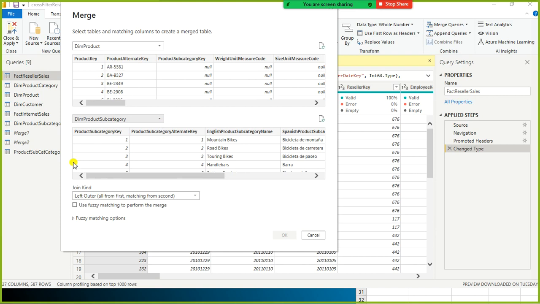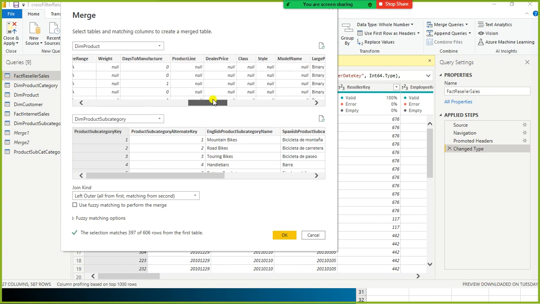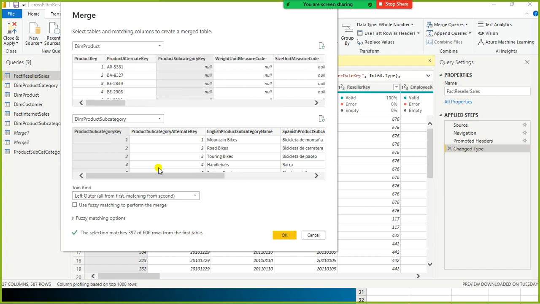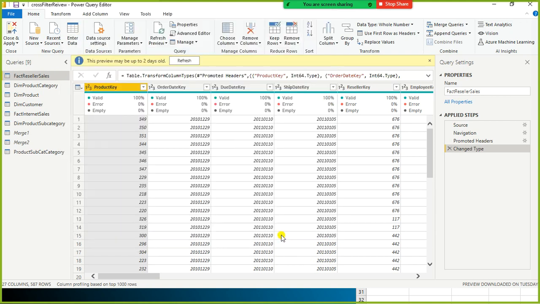Like in SQL, we specify left join or right join. So in the case of a left join, you need to specify the common column between these two tables, right? Whether it's a left join or right join. So the product subcategory is here and product subcategory is here, right? These two are common between these two tables, but we can see something null here. Let it be there. Good. So next I'm going to do the left join.